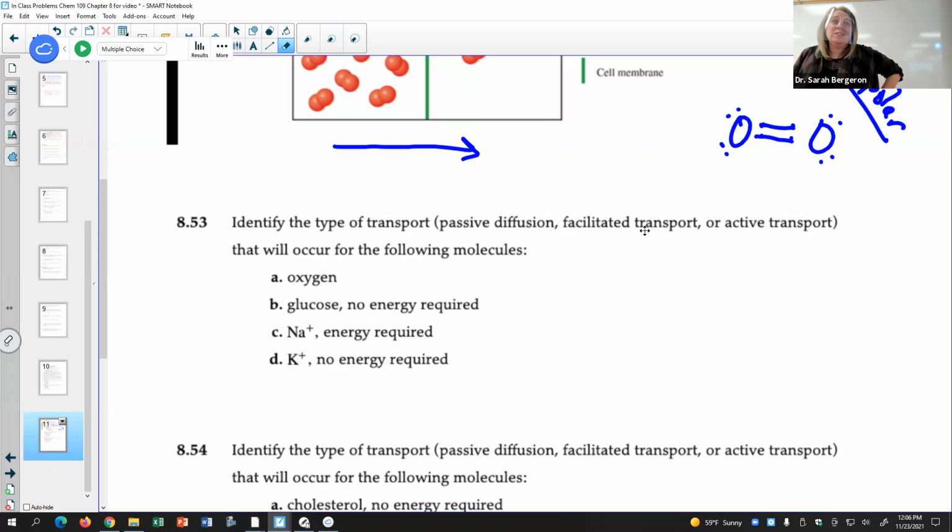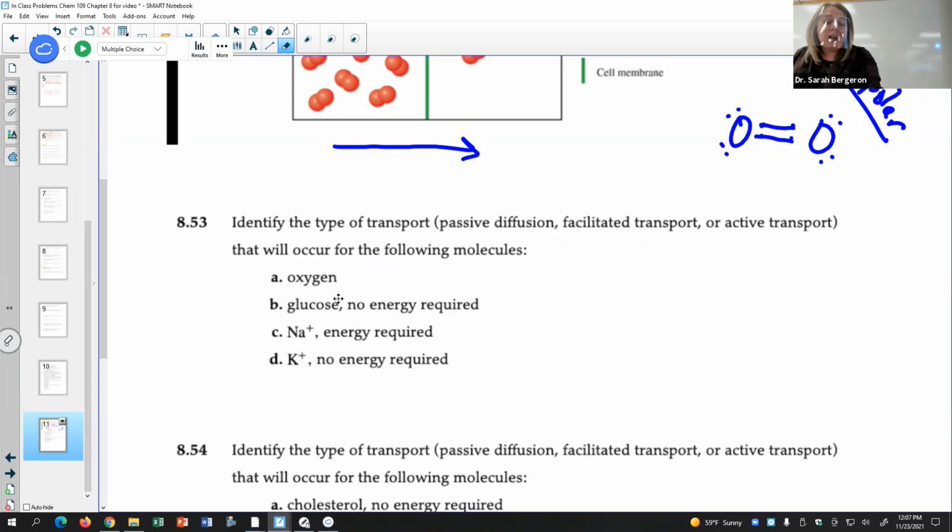Facilitated transport means there's like a tunnel, right? Does anybody have to maintain a tunnel? No, you just drive through it whenever you get there, right? That's facilitated diffusion. You have a tunnel that's helping you get from place A to place B, but there's nothing carrying you, right? Active transport is more like a ferry, right? There's a boat that you have to get on, and the boat has to run, and it uses energy to get from one place to another, right? That's active transport. You're working on it, right?